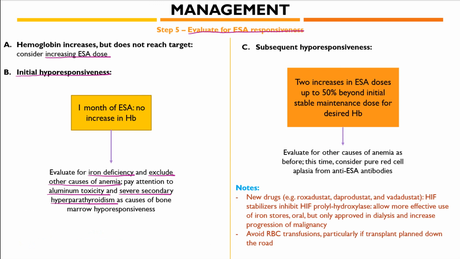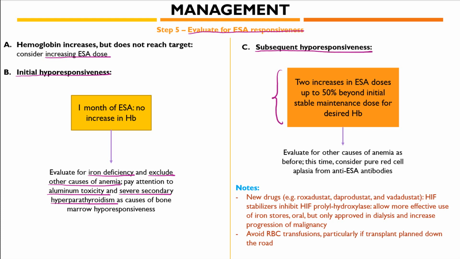Now, suppose you've got a patient on a stable dose of ESA, but then their hemoglobin drops while on that stable dose. You exclude other causes of anemia, check their iron levels, etc., so then you end up increasing their ESA. When you do that, their hemoglobin recovers, and you're like, great, I'm done. But then after a while, their hemoglobin drops again, so you once again exclude other causes of anemia and increase the dose of the ESA. And if you keep doing this, requiring higher ESA doses to maintain your hemoglobin at target, that's called subsequent ESA